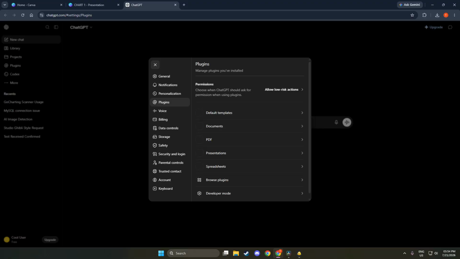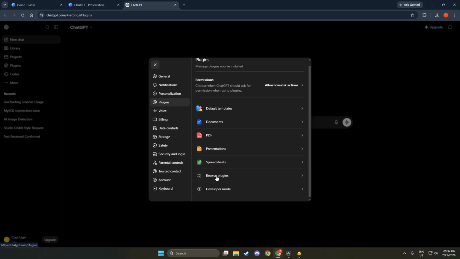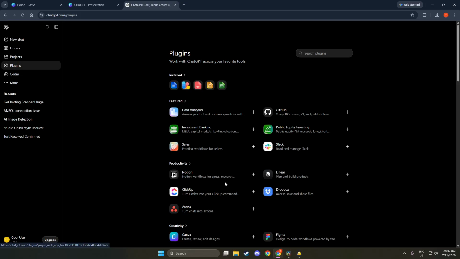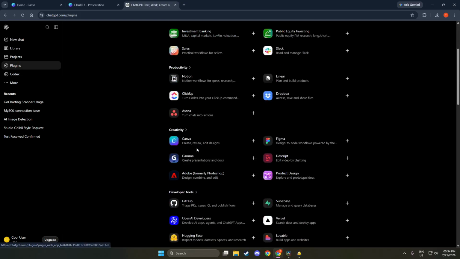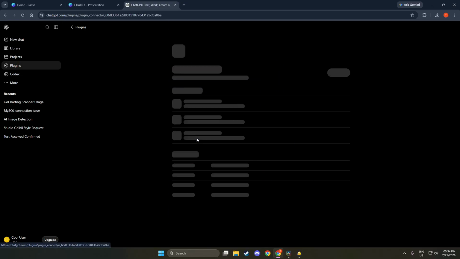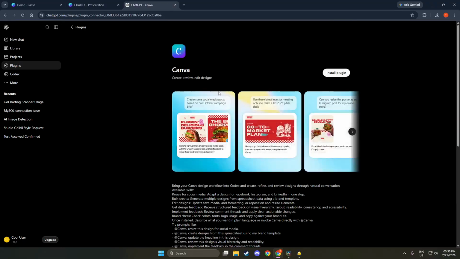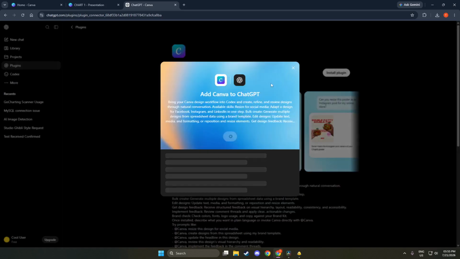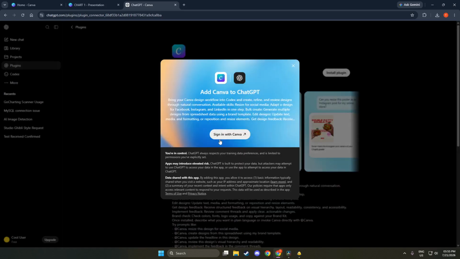Once that is done, allow access. You might see a prompt asking for permission to connect the two services. Granting this access is necessary for the integration to function correctly. By allowing access, you're enabling ChatGPT to interact with your Canva workspace. This little step saves you a lot of time later, as you won't have to deal with connectivity issues in the future. Now you are all set to start using ChatGPT within Canva.